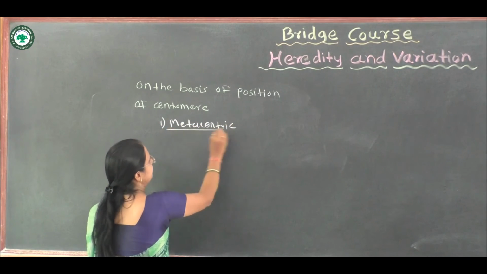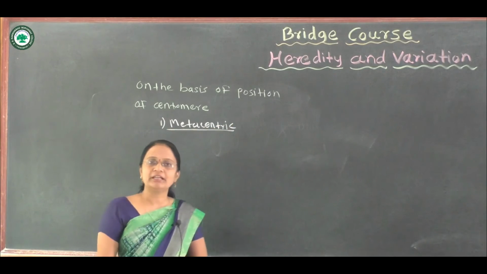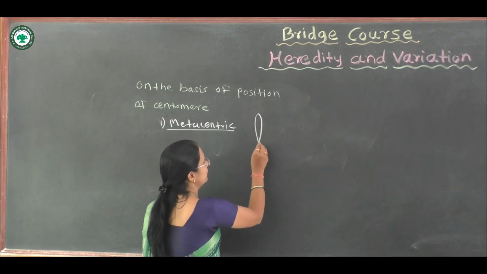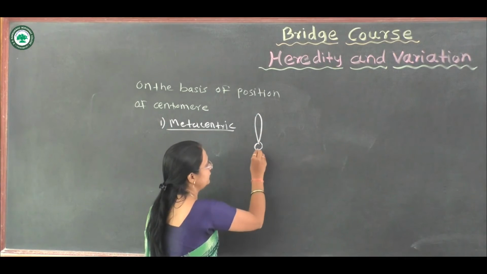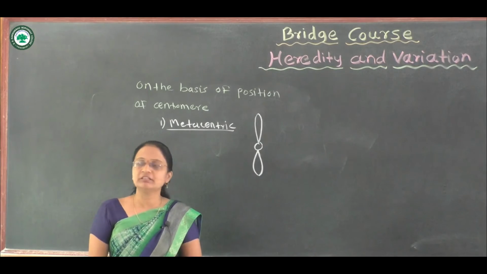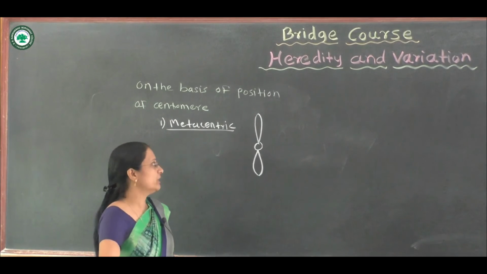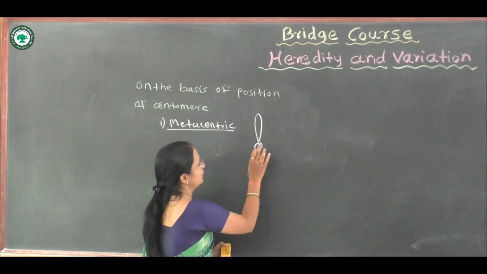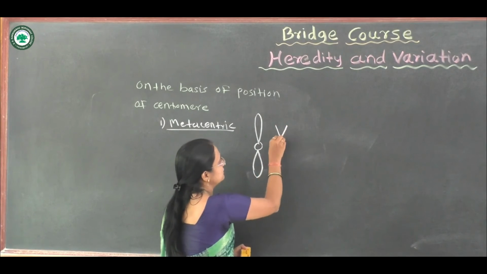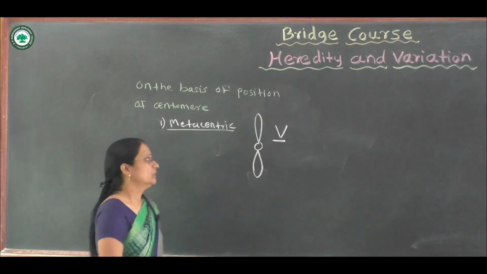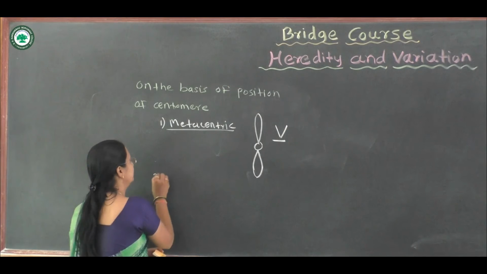Meta means the middle. The two arms of the chromosome are present, and each arm has equal length, equal shape, and equal size. Therefore it is termed the metacentric chromosome, and when it is pulled apart, it appears as a V shape, capital V shape. The second type is called the